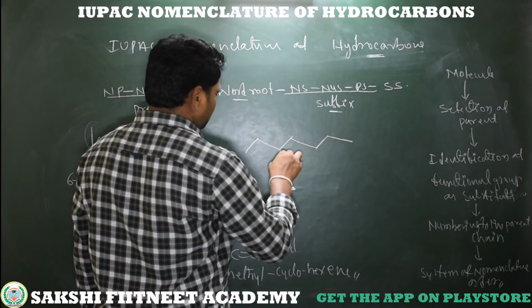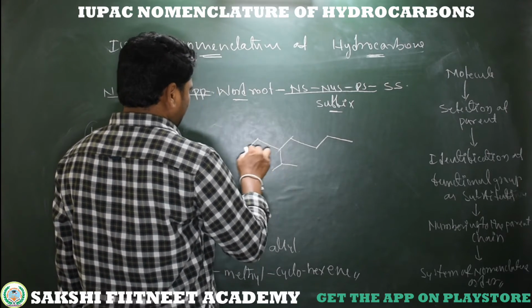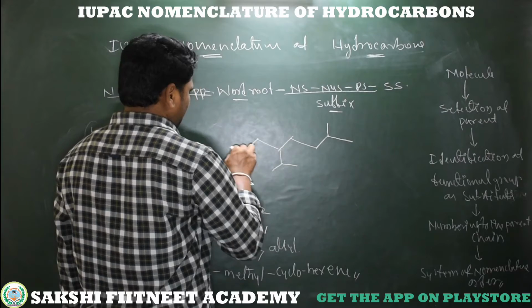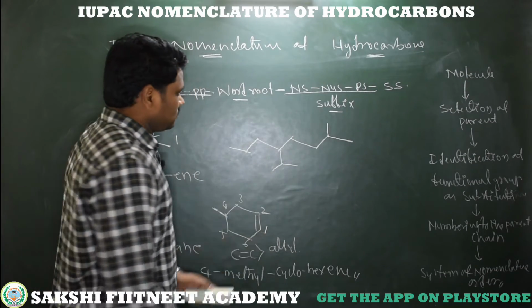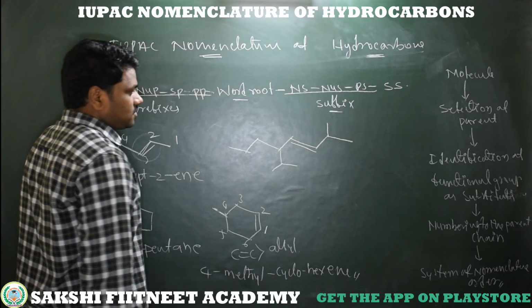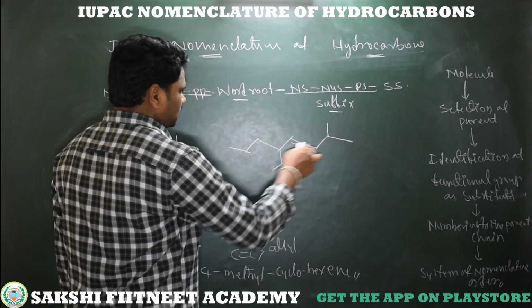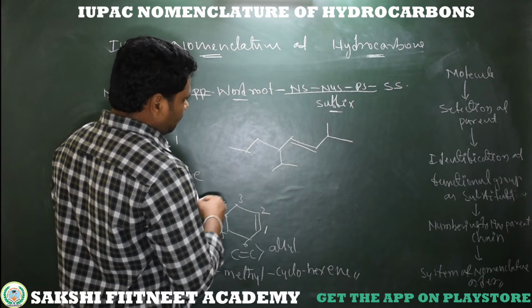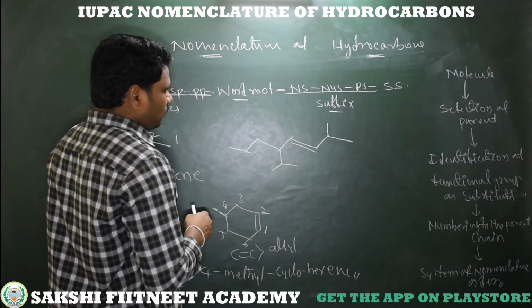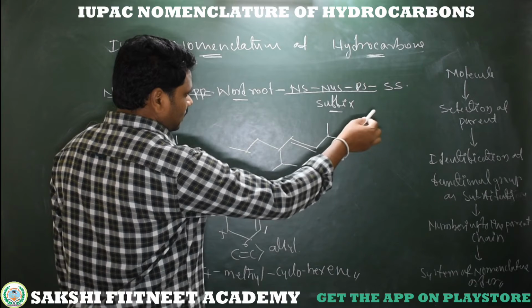I'm just taking another one. See here. So what is the IUPAC name of this hydrocarbon? We can write some unsaturation. First, selection of the parent chain. See which is the longer chain in this molecule. We have 2-3 paths. So which path shows more carbons becomes the parent chain? I'm just trying to identify and select a parent chain.